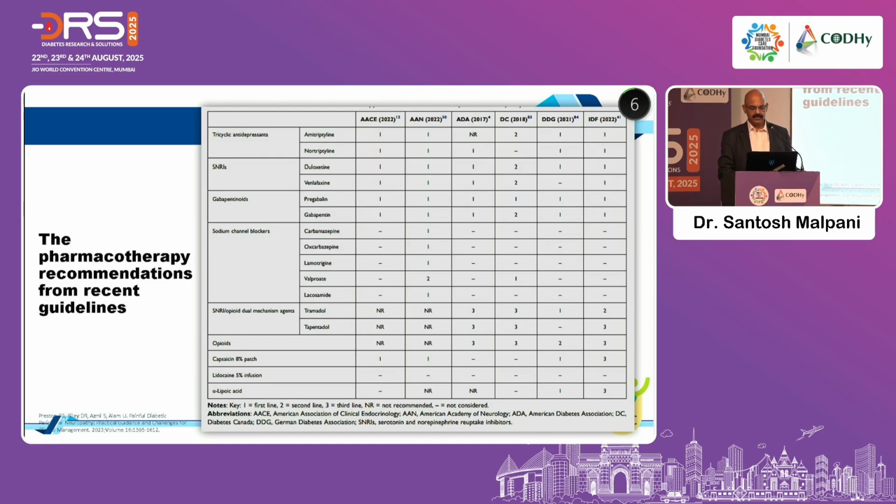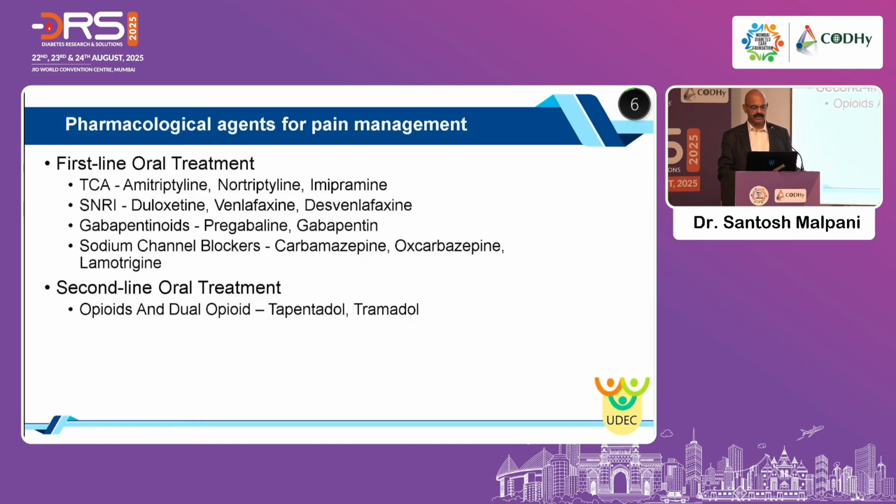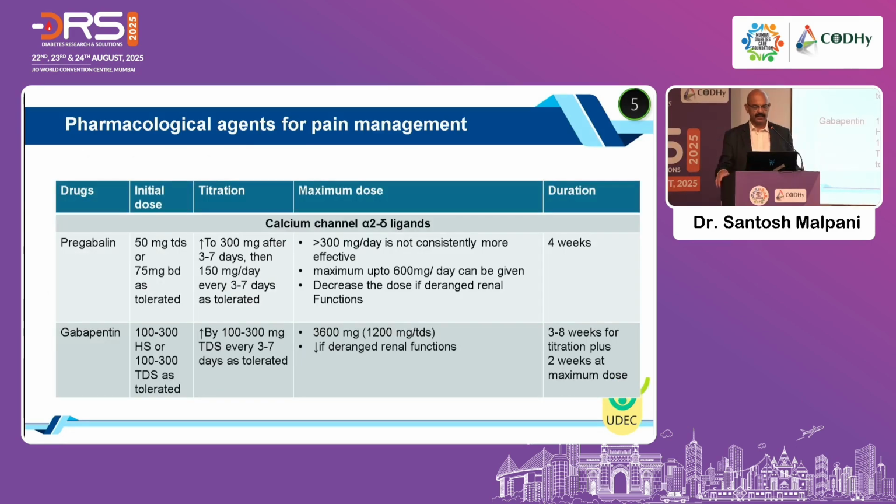And there are certain treatments, topical treatment, that we are going to discuss. So TCAs, SNRIs, gabapentinoids, sodium channel blockers, and the second line oral treatment will be the opioid in combination with the above treatments. As far as pregabalin and gabapentin are concerned, respectively, more than 300 milligram dose of pregabalin should not be given. Less than 300 milligram should be given, and gabapentin can be given in the dose of 3600 milligram per day. But one has to wait for at least 4 to 6 weeks to have a proper judgment